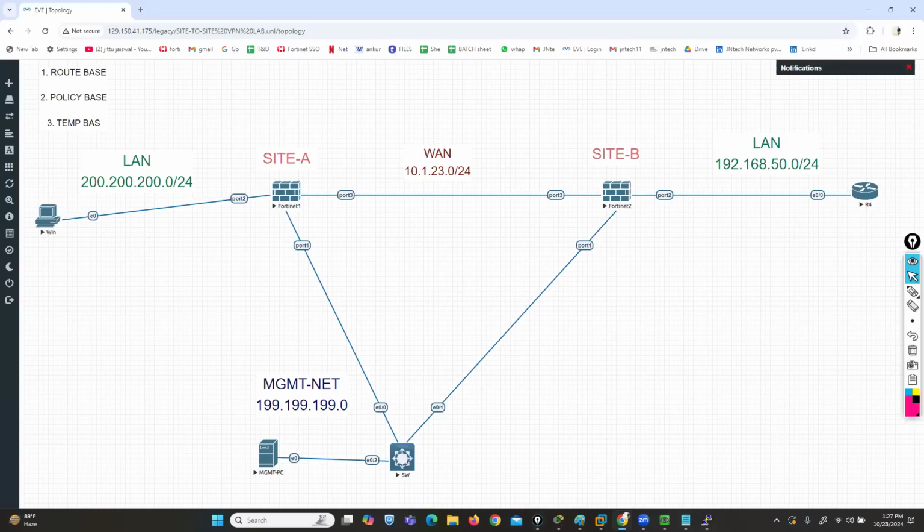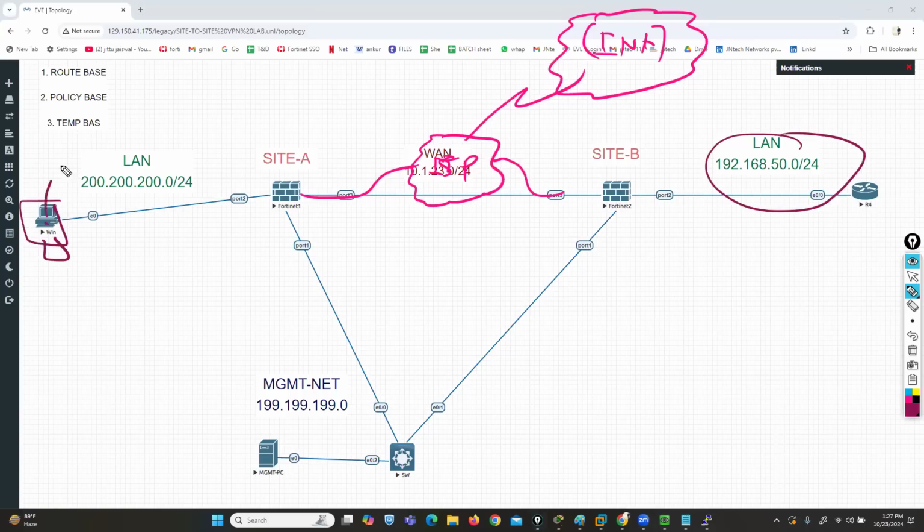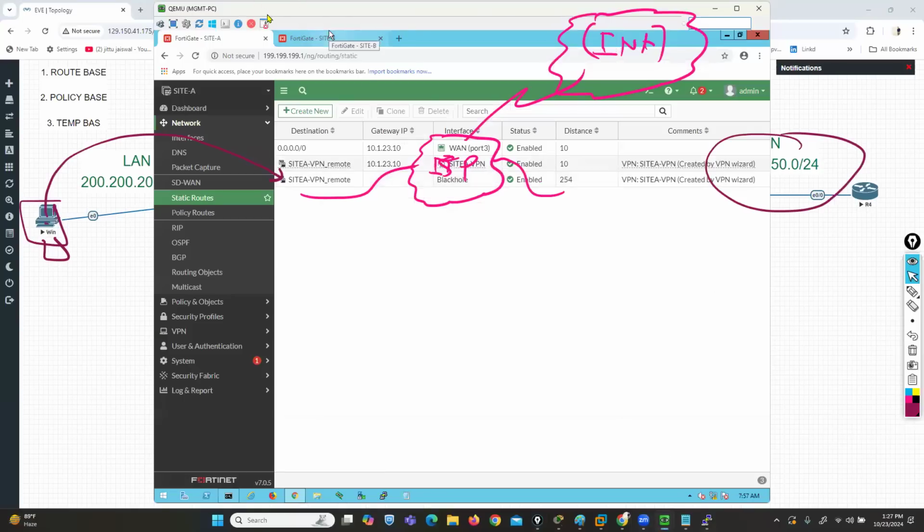Okay, so let's go here. For example, here we have the ISP side, the internet side. So now my point is, if this inside machine is trying to communicate with another branch office, this traffic will go and hit the firewall, right? And the firewall will check its routing table. In the routing table,